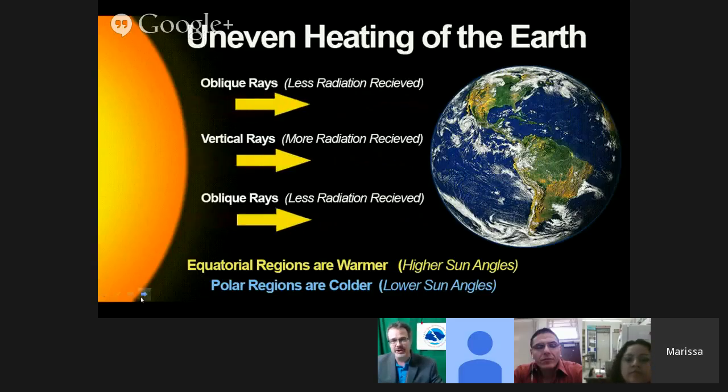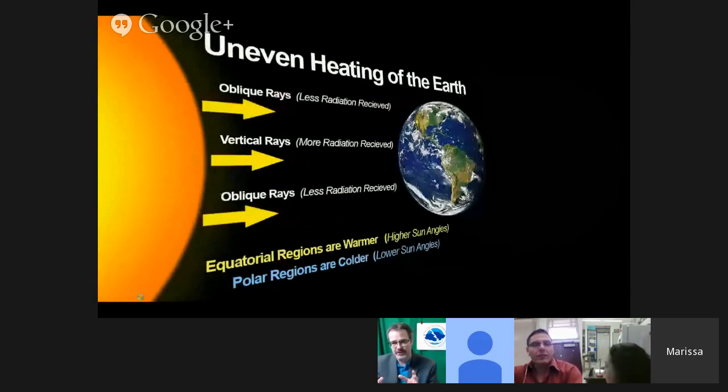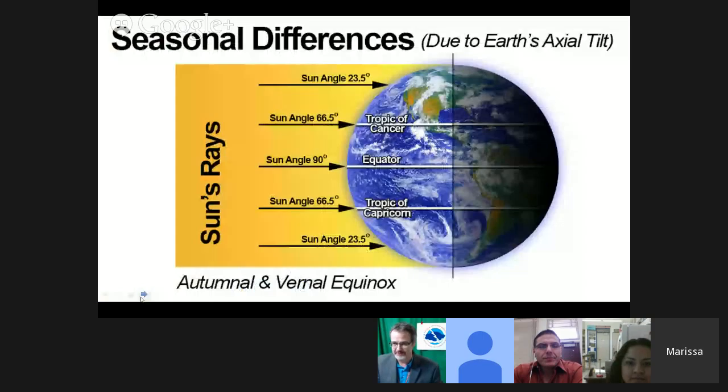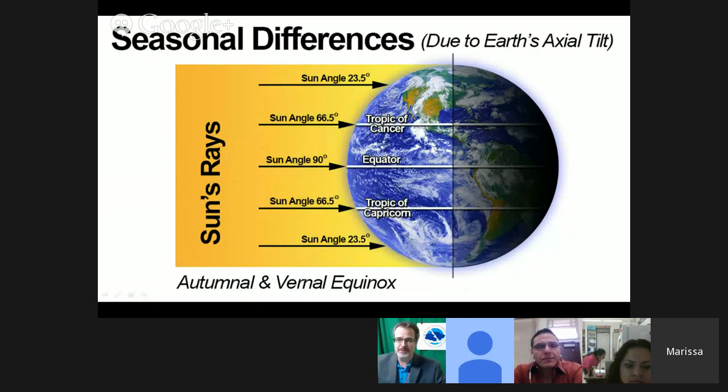Now the next slide that I want to show you shows the way that the radiation is coming into the Earth, but I have not tilted the axis just yet. I put the axis straight up and down, perpendicular. And this is basically similar to the way that radiation is received on the first day of spring or on the first day of fall. You'll notice I've got the two equinoxes listed there for you. Well, on these particular days, the sun angle at the equator is 90 degrees. That is the most direct sun angle possible. That means maximum radiation is being received at the Earth's surface. Notice how the numbers trail off as you head up into the northern hemisphere. You get up to the Arctic Circle, and the sun angle is only 23.5 degrees. That's only a fraction of